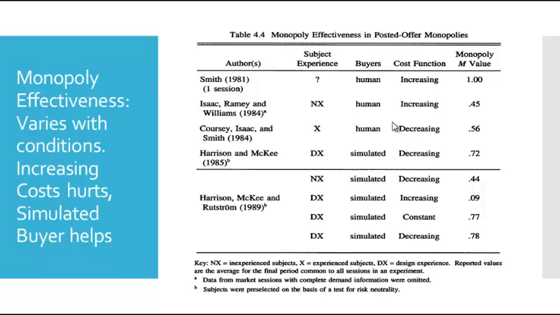The third condition is the cost function. Now you see, if you have decreasing costs, then the monopolist wants to sell as much as he can, because the greater the volume, the more his profits, because the costs are low. So when you have decreasing costs, the monopolist's incentive is to expand production, but the monopolist makes profits by not expanding production, because by restricting the supply, that's how he gets monopoly power. So decreasing costs is sort of antithetic to monopoly power. Increasing costs, on the other hand, makes it natural for the monopolist to try to reduce the volume of sale, and so